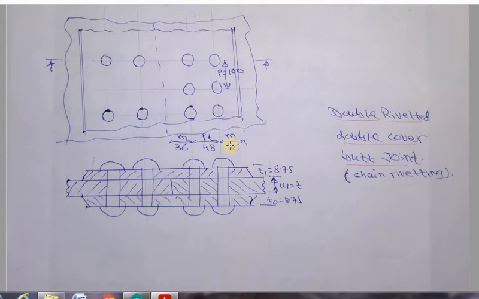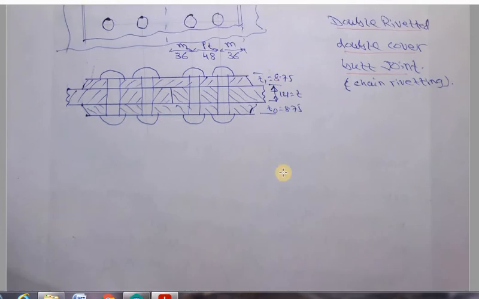So from here the margin is M36. From here to here is the transverse pitch, 88. From here to the bottom cover plate, in the parent plate, the edge of the plate is going to be margin 36. So this side is a mirror image of this side. Here also I should get one rivet here, one rivet here. I have not marked it here, but I should have one rivet here and one rivet here. So this is the double riveted joint.